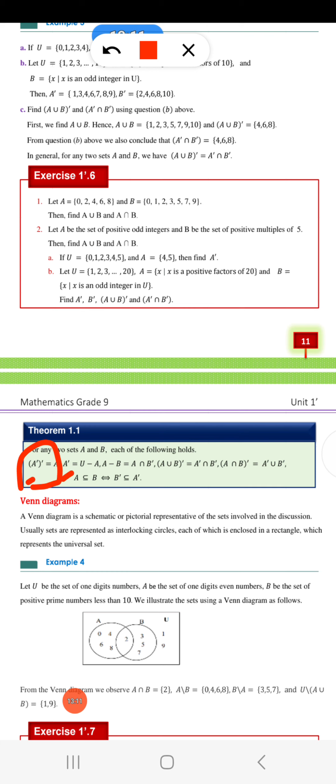Karaa biraa A prime jechuun miseensa waliigalaa osoonii fi A prime is equals to universal set difference A jechuun miseensa waliigalaa osoo miseensa tuuta A hin tuqin jechuudha. Karaa biraa A difference B jechuun